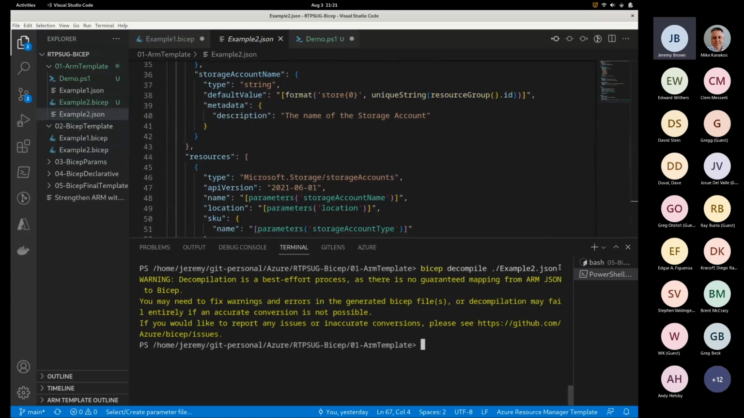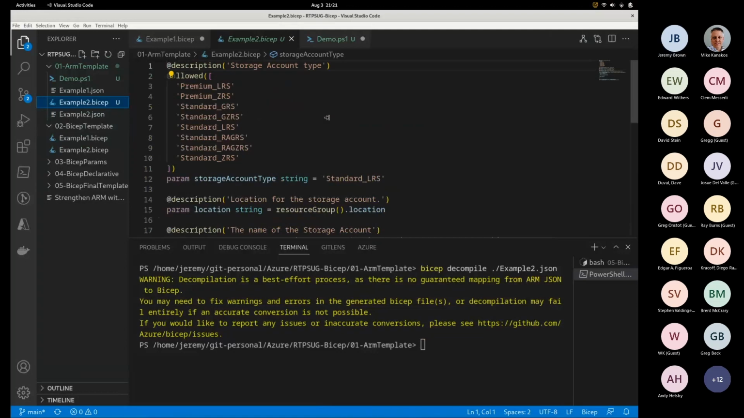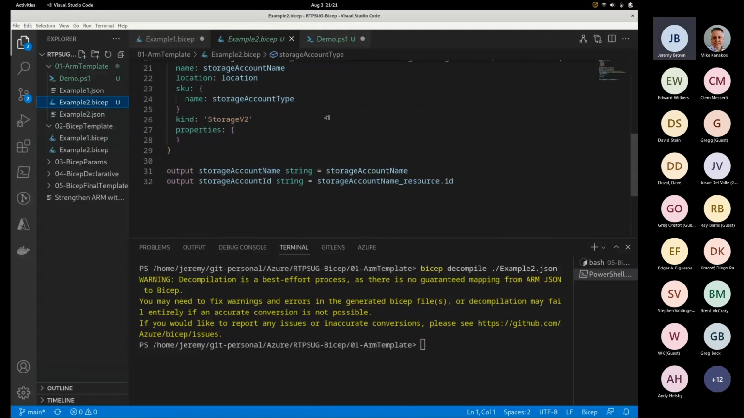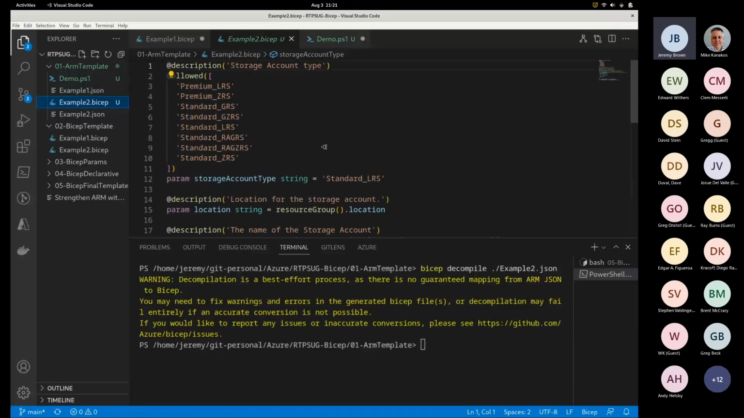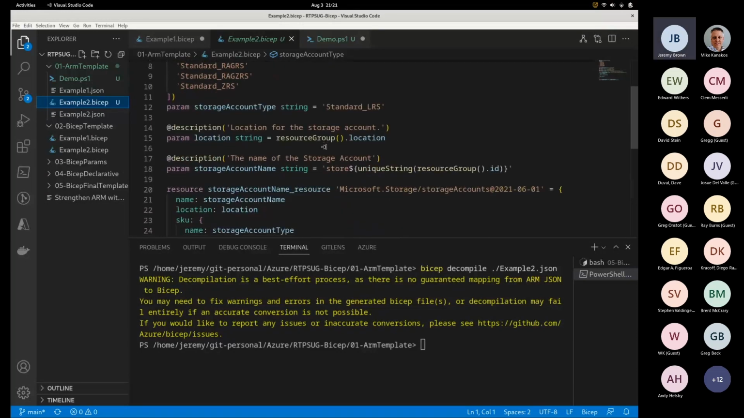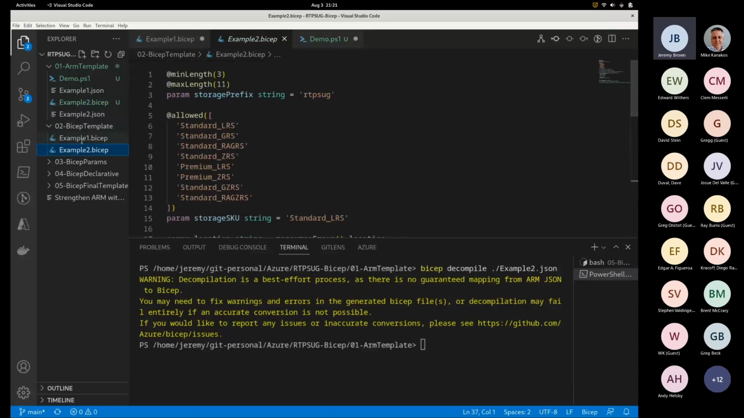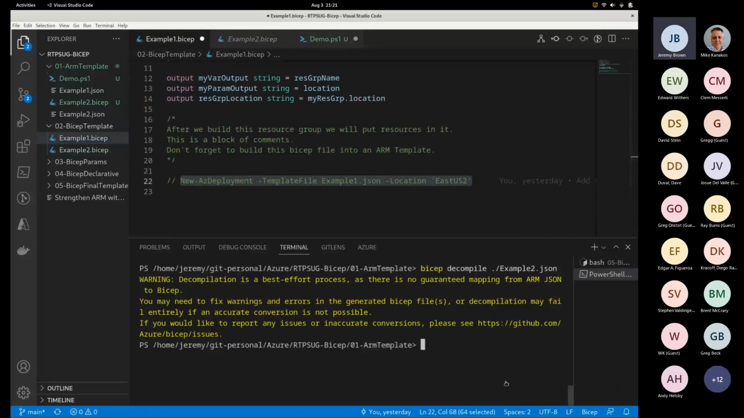If I don't pass in that last parameter, then it'll just make a bicep file with the name of the JSON file. And here we can see what was a JSON file is now a bicep file. And so it works both ways. We can take JSON ARM templates and turn them into bicep, and if we come back down here and look at what we've got, we can take